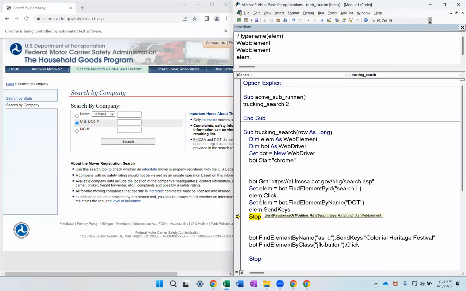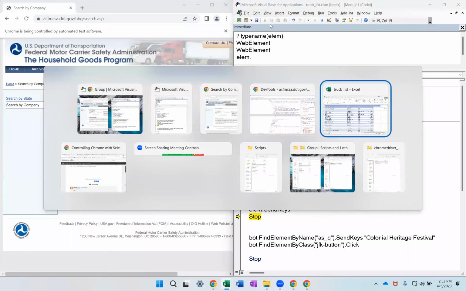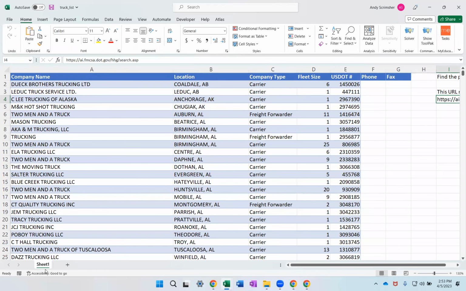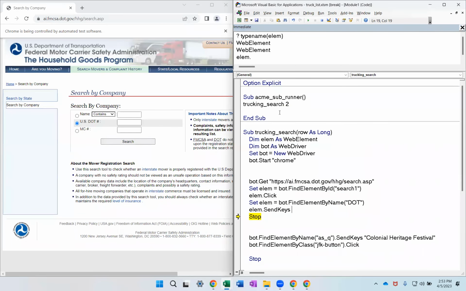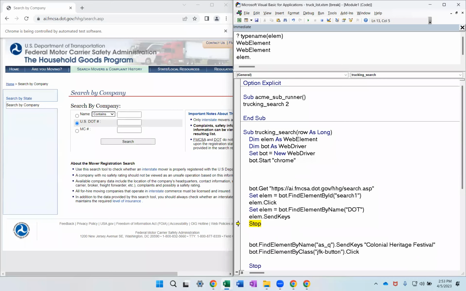So elem.SendKeys. Now, what we want to send to it is the Department of Transportation number for the row that we're on. Let me go figure out where that is. So this is Sheet1. What is this sheet actually called? Well, we'll go ahead and get a reference to it that way. So let me type here a new variable in, it's probably just called Sheet1. That'll be simpler here. Sheet1